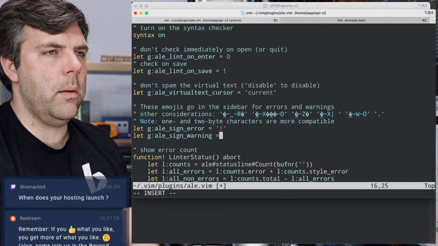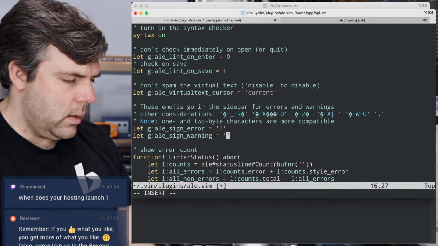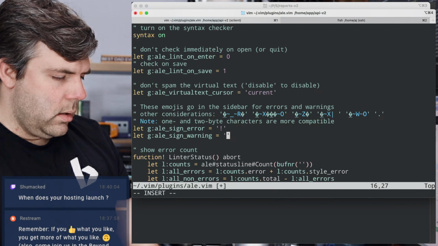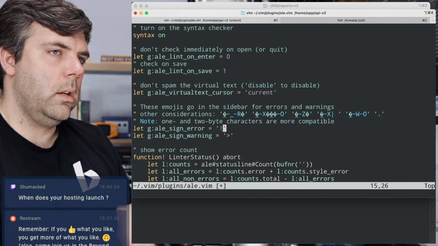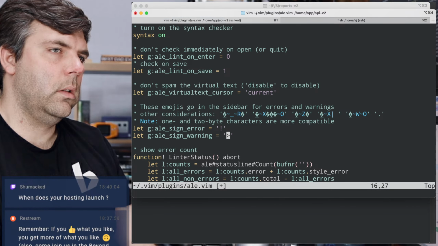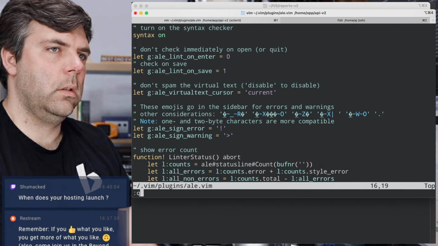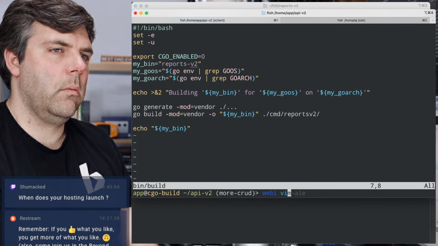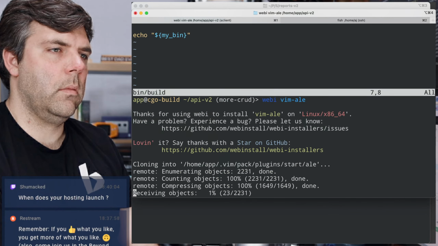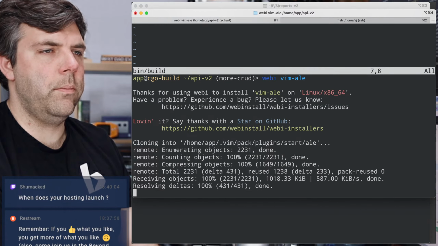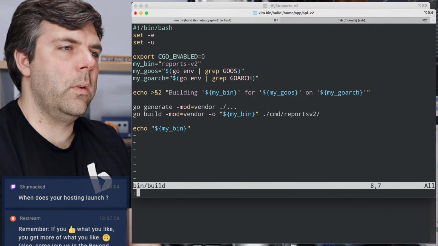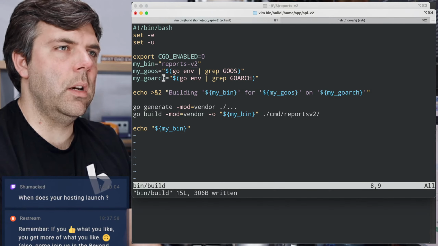I have to figure out about that. I thought I'd chosen ones that were in the simpler set, but I guess I had not. Okay, now it's not going to give me so much grief.